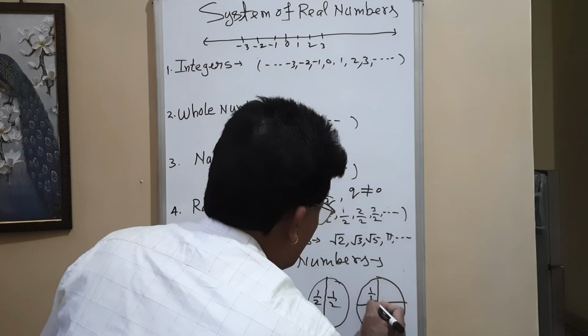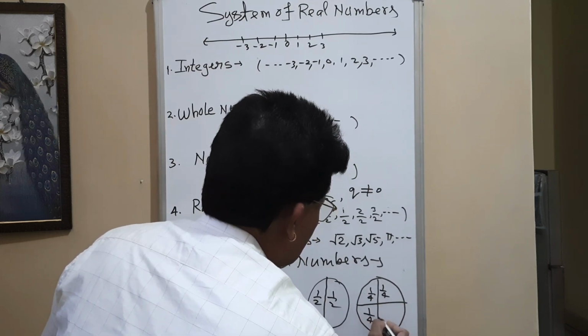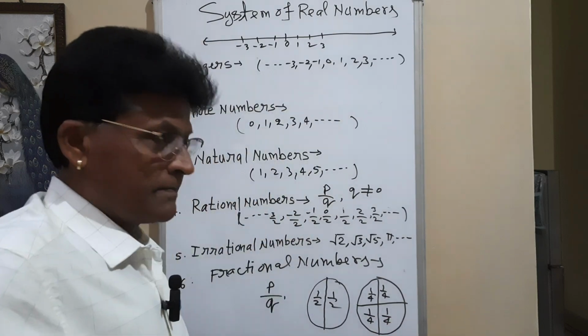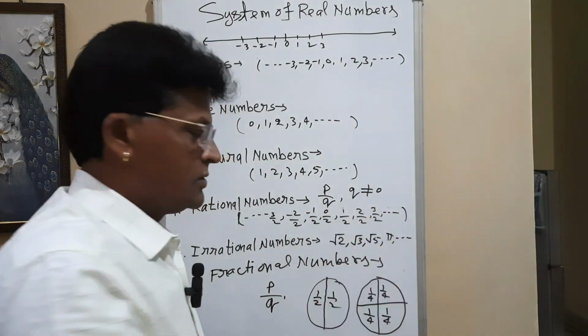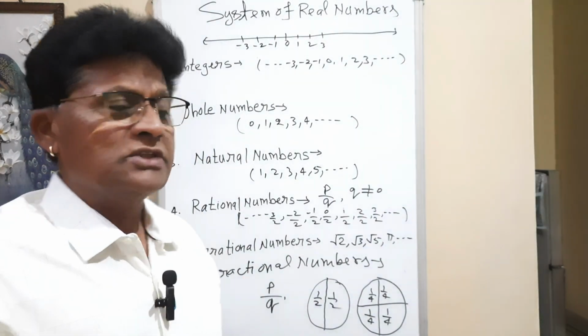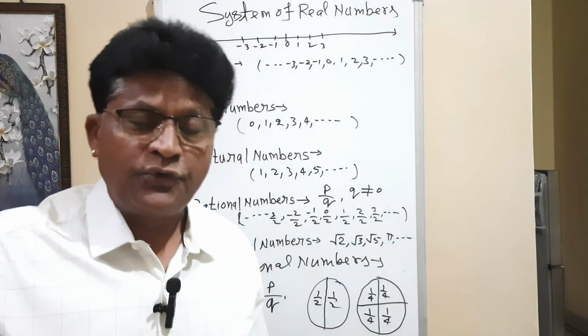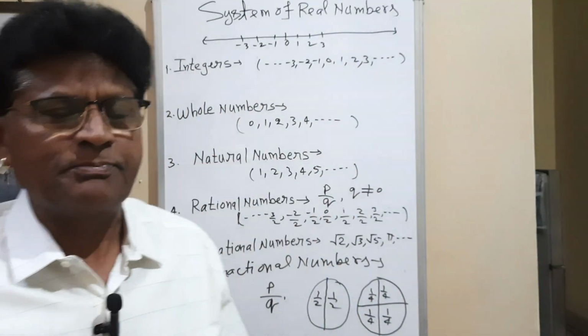Each part will be equal to 1 by 4, because you have divided it by 4. Each and every part will be equal to 1 by 4. Why? Because we have divided the whole figure into 4 parts. Very simply, I have explained